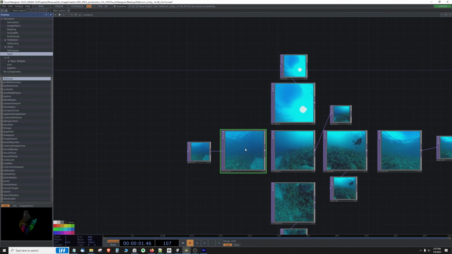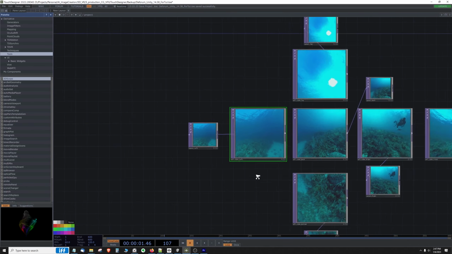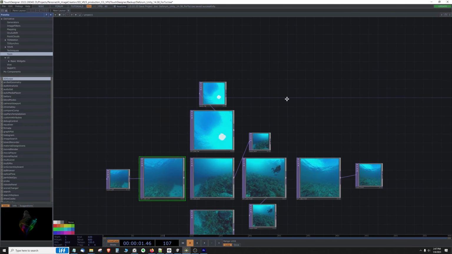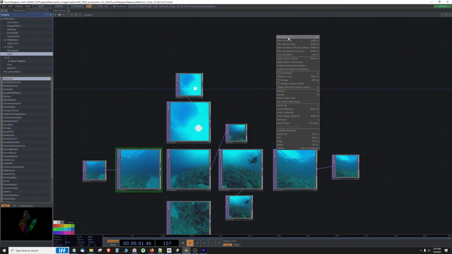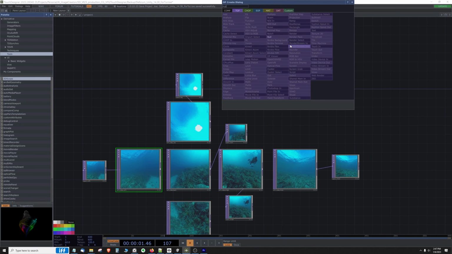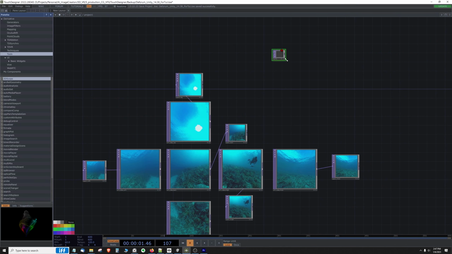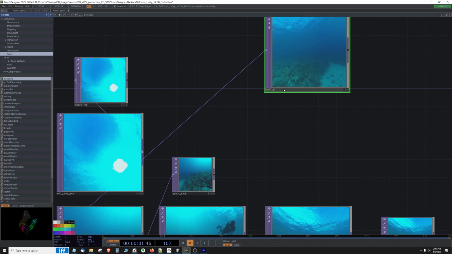So as I said, we're focusing on this part of the cube. And just as a convenience, I'm going to create something called a null by right-clicking, hitting Add Operator, typing in null so I can find it, and putting it down here in the grid. And then I'm going to connect the out from the movie file in, which is the left face, to the in of the null. And I'm going to rename this null MFI